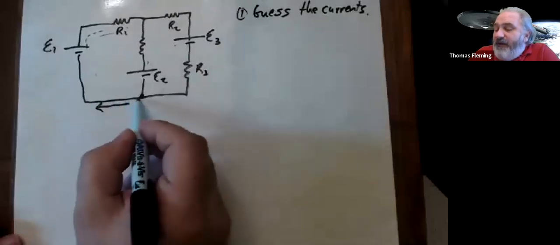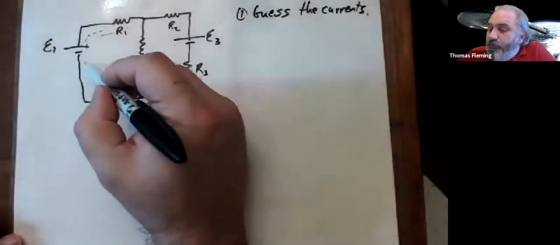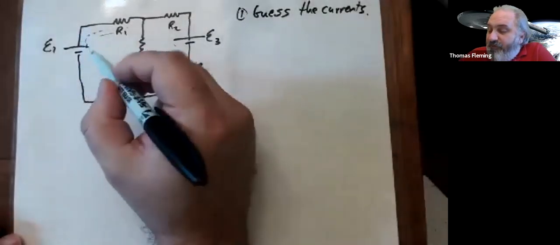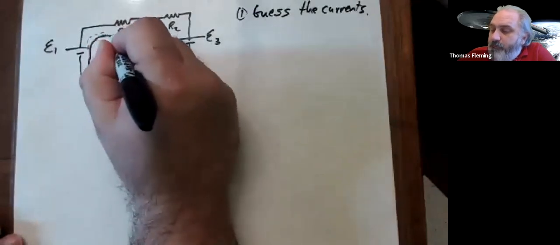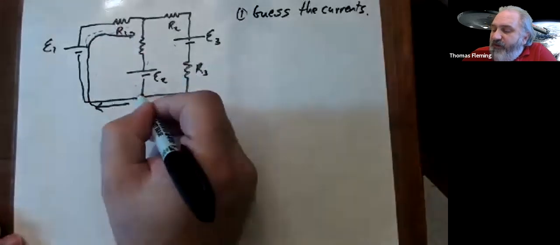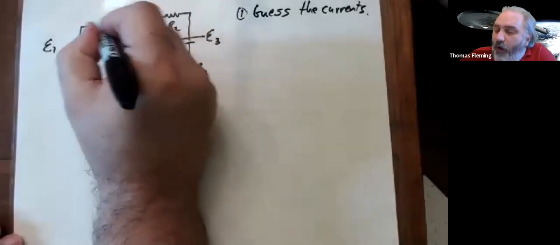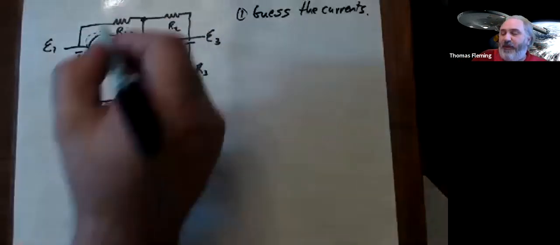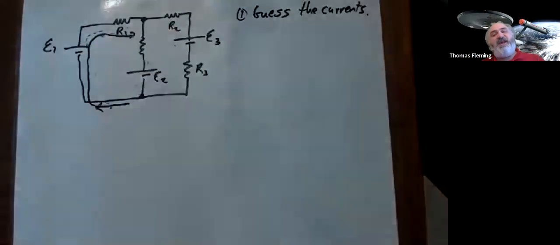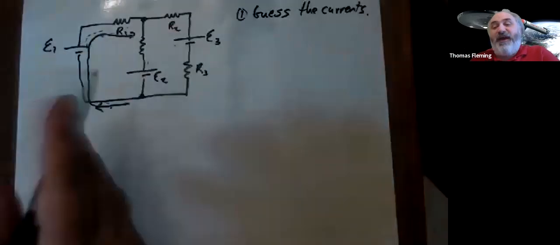Now, if it comes out of the intersection going this direction, it's going to go around that bend, through that battery, around this bend. So it's going to go up around here. But there's no intersections between here and here. So all around this bend, whatever current I have here has to be the same as what I have here. It can't change in between. So I'm just going to call whatever that current is